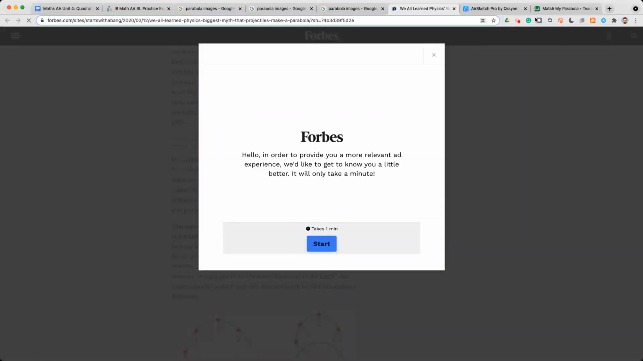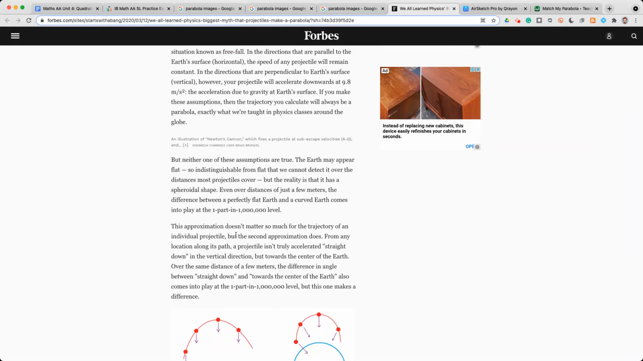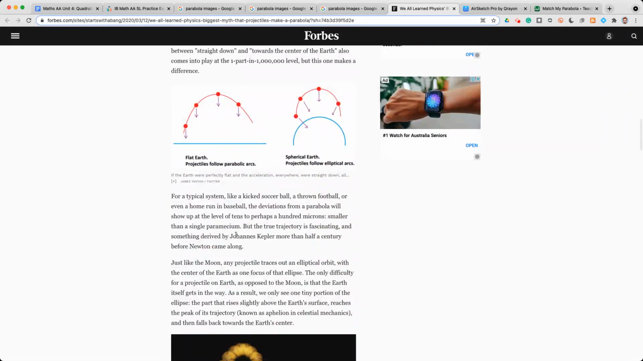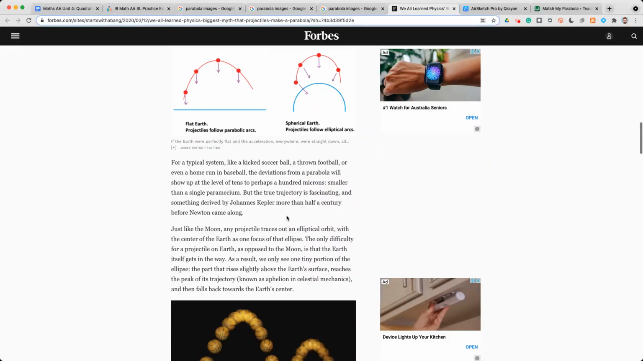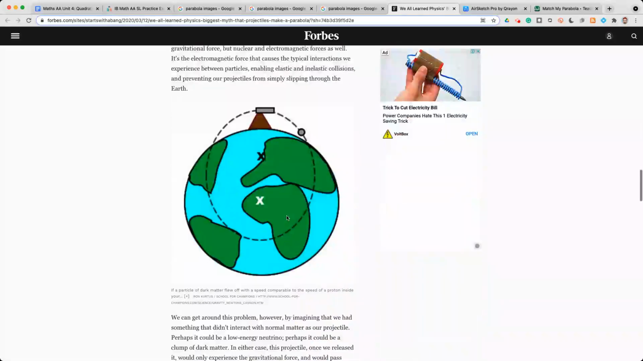So I took, ad block. Hang on. Nope, don't want to do that. So it basically just says, if it's flat Earth, projectiles follow parabolic arcs, but Earth is not flat, and so it actually is more of an elliptical arc. So it's kind of like more like that. But anyway, you know what? I mean, it's a worthwhile